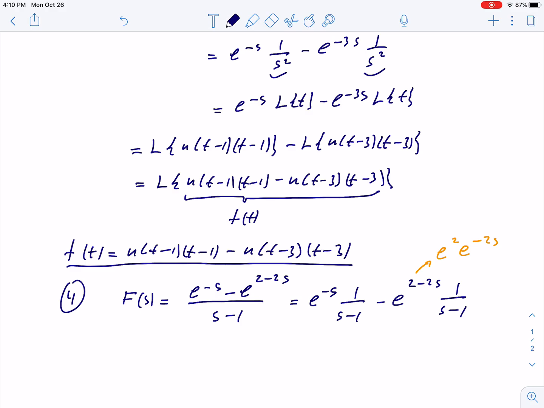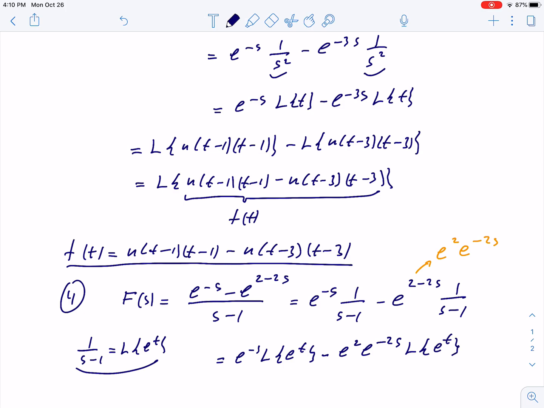And 1 over s minus 1, this is the Laplace transform of e to the t. That's what I'm going to use here. So I'm writing now the big F will become e to the minus s Laplace of e to the t, minus e squared e to the minus 2s Laplace of e to the t. e squared is just a coefficient, it will stay here. And for these two terms, I'm going to use the t-shift,